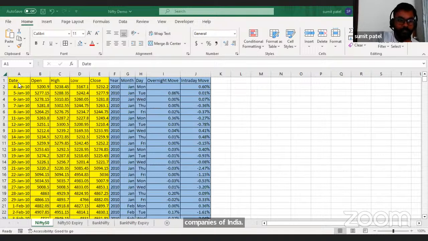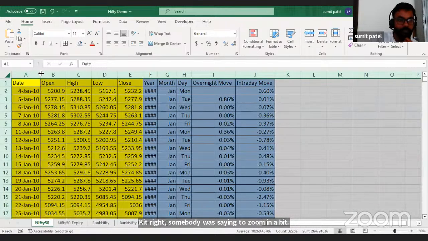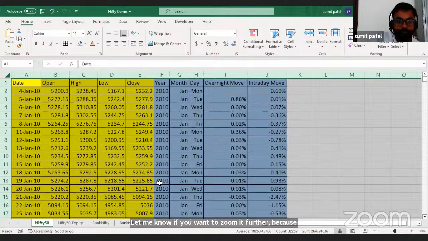Okay, right, somebody was saying to zoom in a bit. Yeah, is this good? Let me know if you want to zoom it further, because some of you, I understand you are